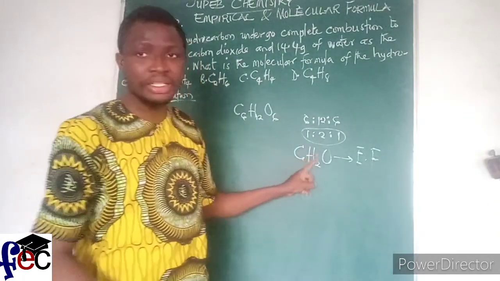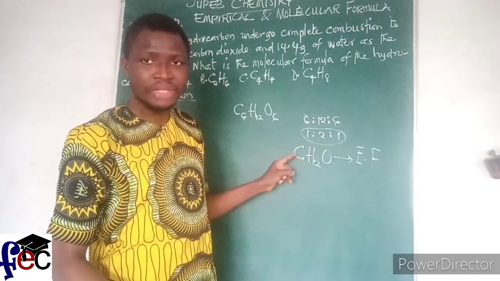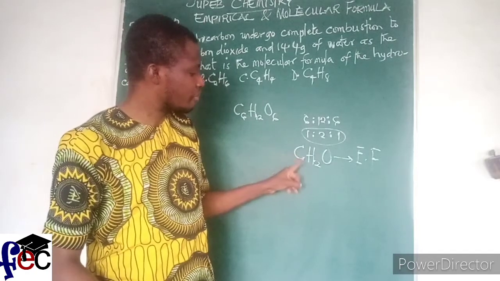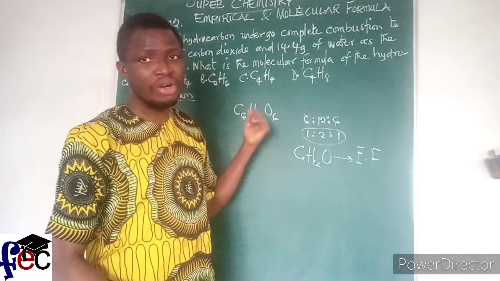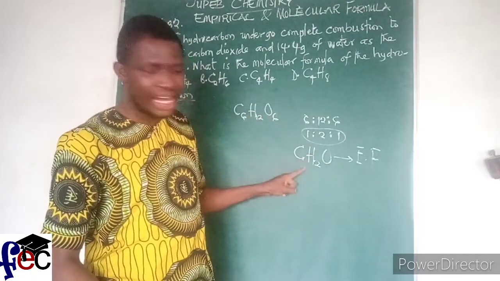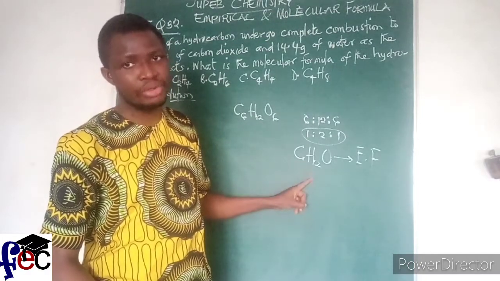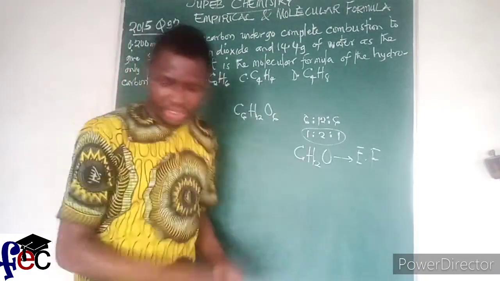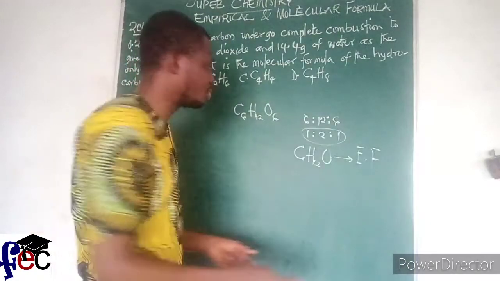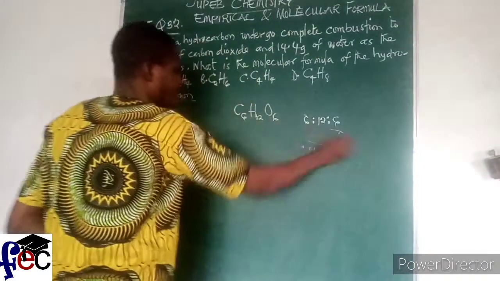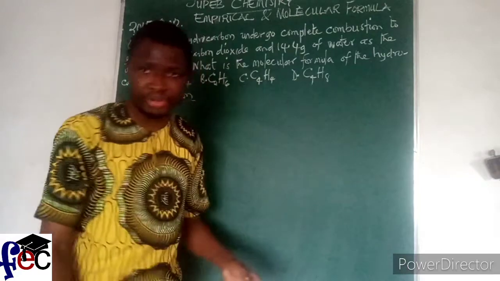In this formula, this is the simplest formula that shows the ratios of the number of atoms that are present in one molecule of the compound. So this is not the actual formula of glucose, but this is the empirical formula for glucose. Do you understand now? So that is just to remind us of what we've already known. Now, is there any relationship between empirical formula and molecular formula?